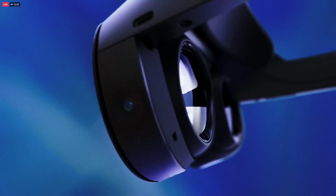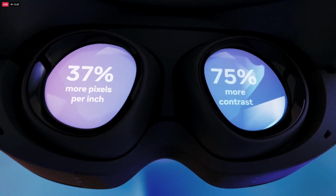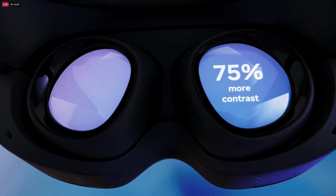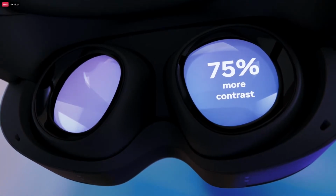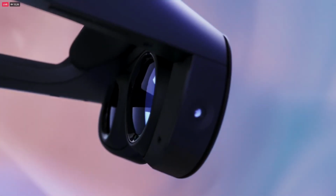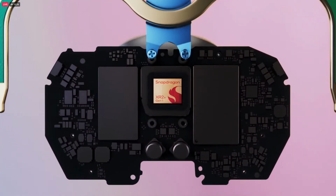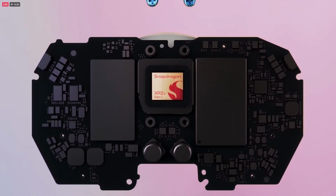Yeah, and the LCD displays have 37% more pixels per inch than Quest 2. And thanks to our new local dimming technology, 75% more contrast, with richer and more vibrant colors that just make VR even more engaging. This is also our first device to use the new Snapdragon XR2 Plus processor that we